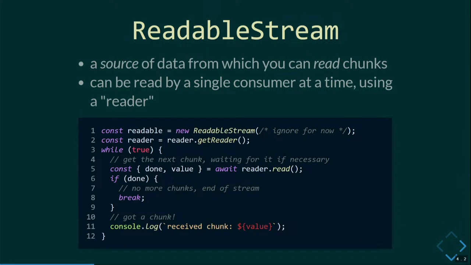You'll get your chunk, and you can do something. And here we're just logging it to console. The second thing that can happen is that you've reached the end of the data. There is no more data coming in, and done will be true, and you can just stop your consumer there. That is the basic use of a readable stream, just looping over all of the chunks.